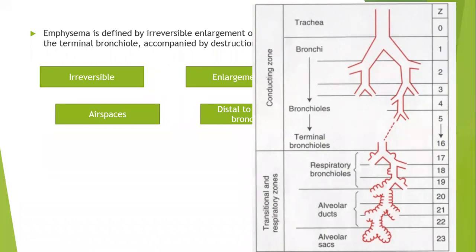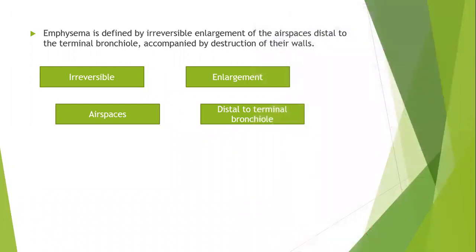So what is distal to your terminal bronchioles? Your respiratory bronchioles, your alveolar ducts, and your alveolar sacs. Next. Okay. So why is there enlargement of the air spaces? It's because there is destruction of their walls. And in certain definitions, they say that it is accompanied by minimal fibrosis. But I think this is very difficult to determine because usually there is an overlap between chronic bronchitis and emphysema. So whatever fibrosis is there due to chronic bronchitis, you will usually see in cases with emphysema.